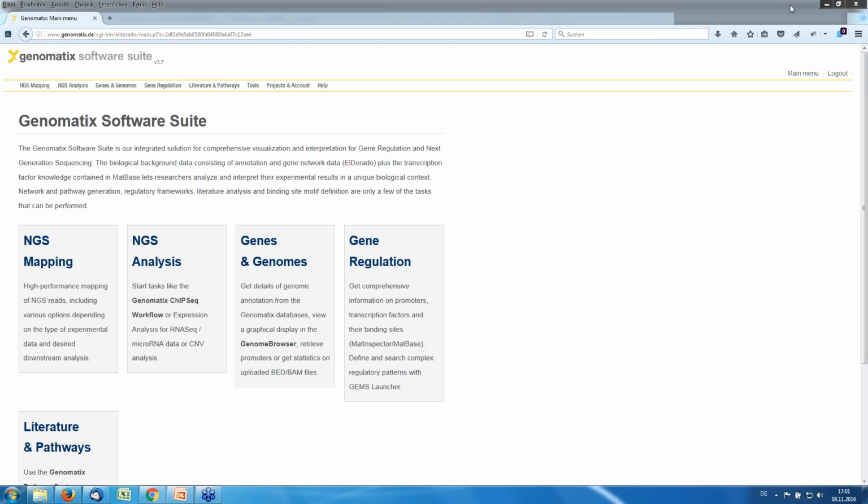Okay, so welcome once more to the webinar Promoter Analysis with Genomatix MatInspector. I will give you an overview of the foundational program for actually doing transcription factor binding site analysis with Genomatix software, MatInspector. MatInspector is a program that you can access via a web browser